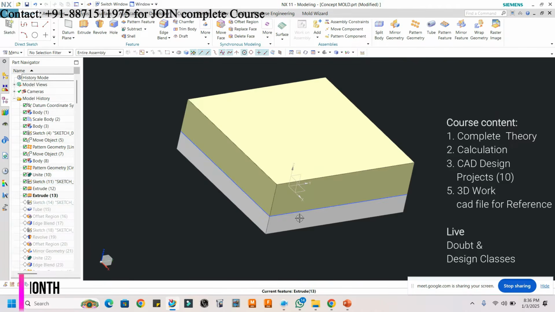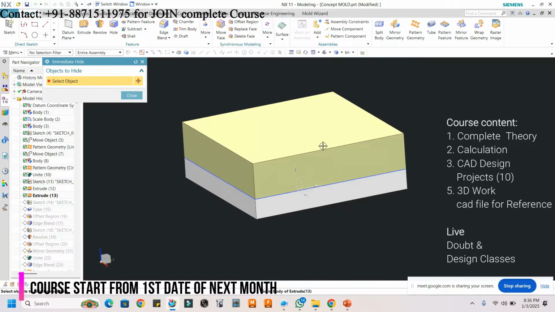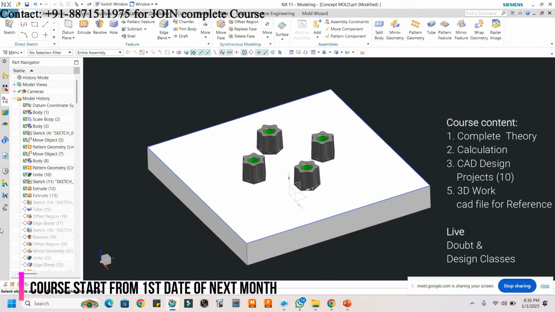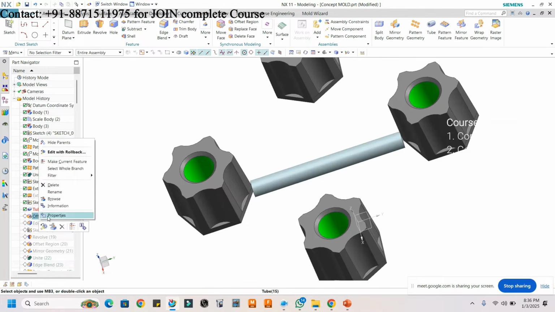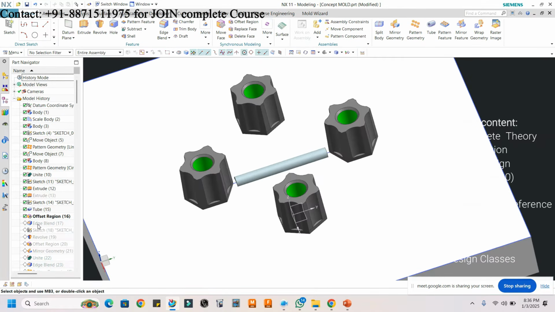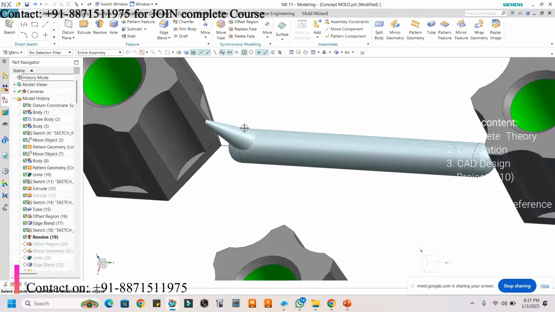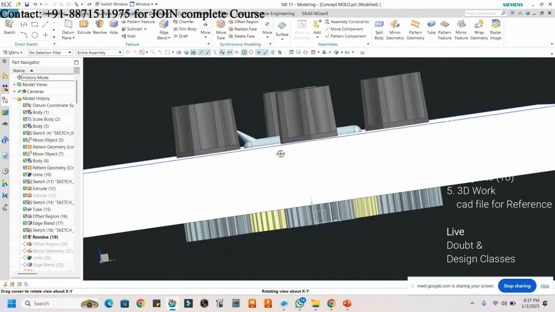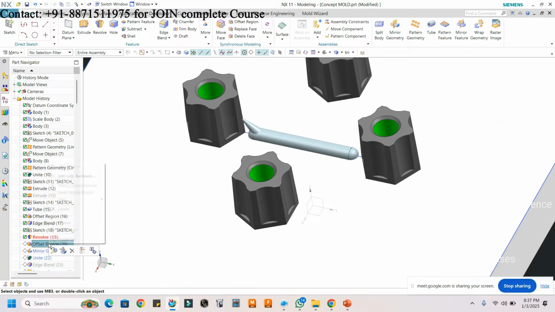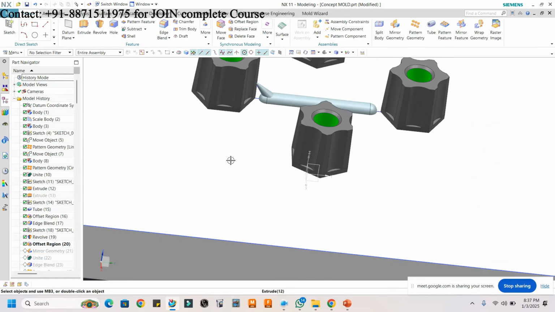Now this is the position for this. This is the runner; just take the offset and prepare the gate. For example, I am using a submarine gate.